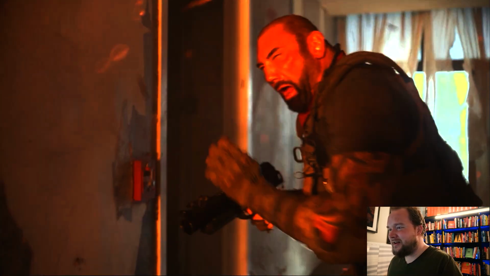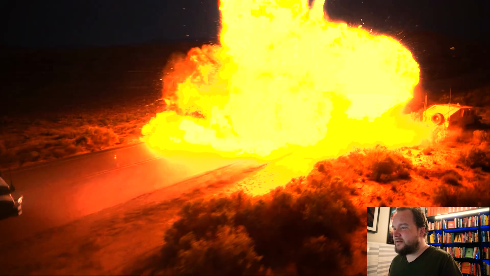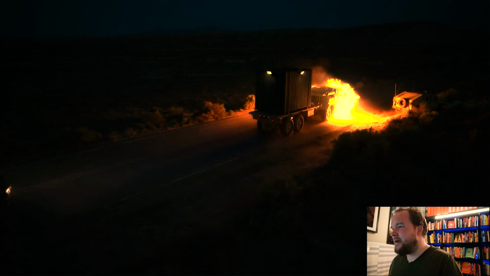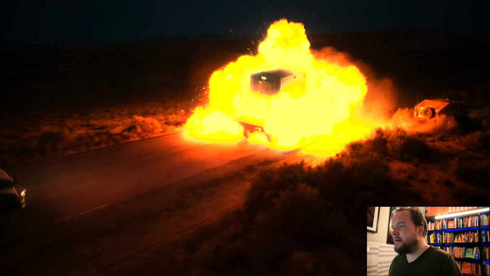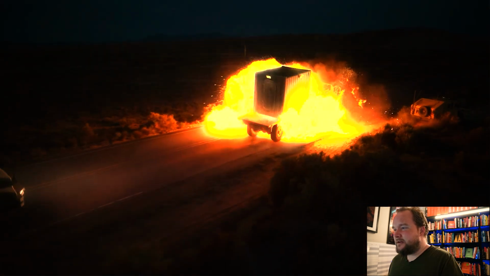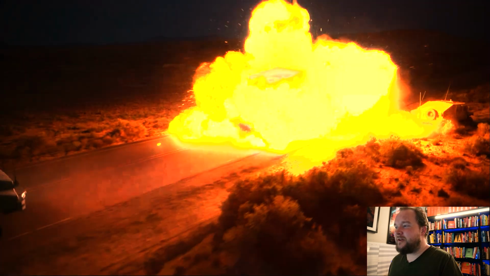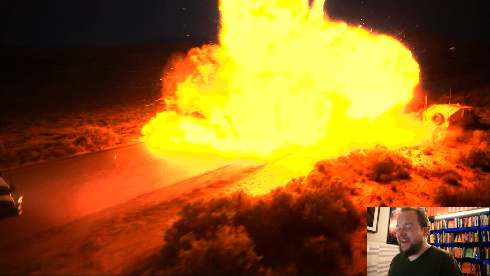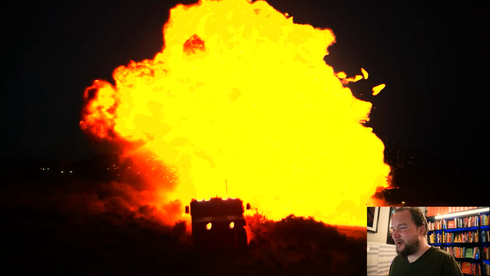So kind of the same setup just over and over and over. But, you know, it does the job, I guess. And then there's this shot here, which I figured we could talk about. Part of me wants to say this was digital, but the fact that it's really blown out white and none of the other explosions in the whole movie are,